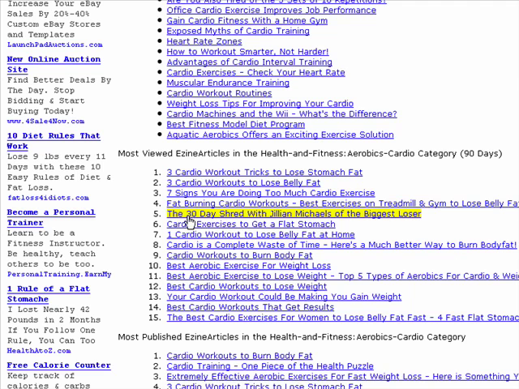Here's another one here, the 30-day shred with Jillian Michaels. 30: when you have a specific time frame or any kind of specific results that's represented numerically, that's going to catch people's attention. So that's one. And as you go down the list, there are a couple different other types that we'll get to in a moment. So again, using numbers, whether it's in list form or some kind of numerical representation, is going to always